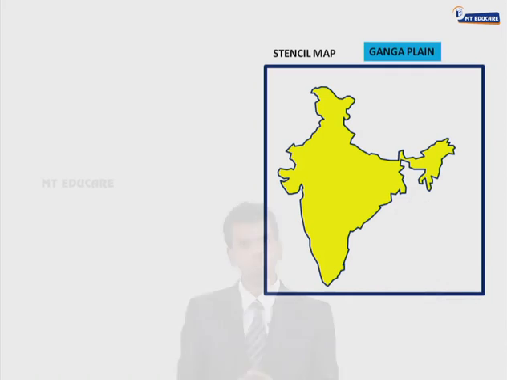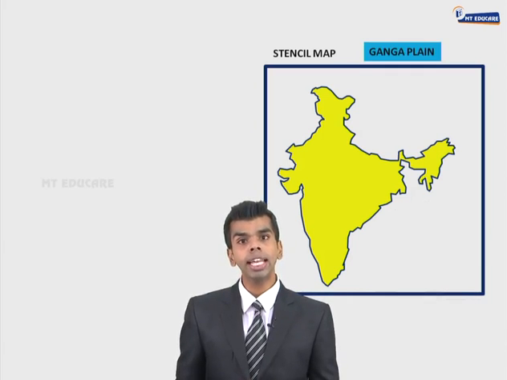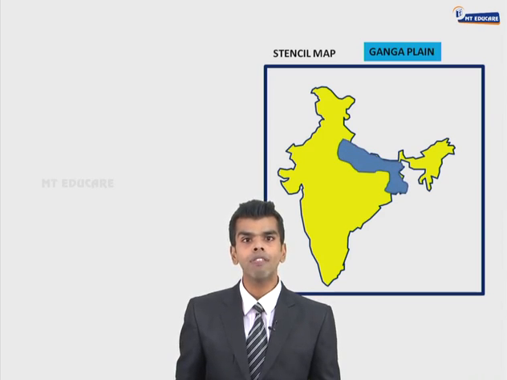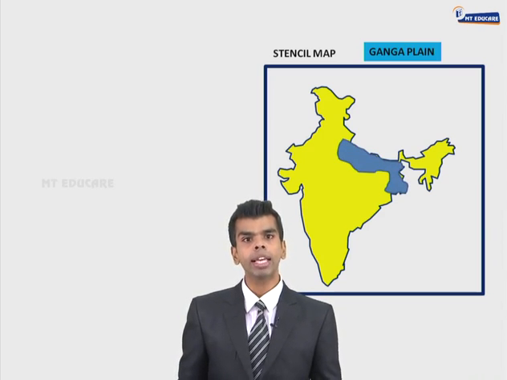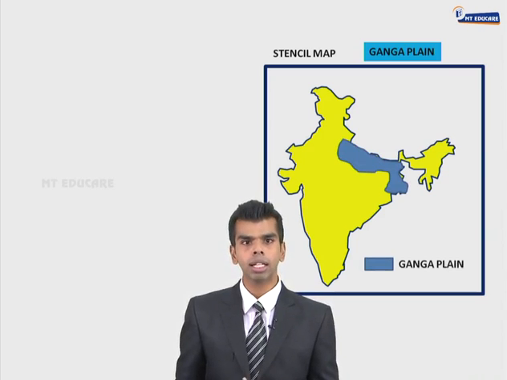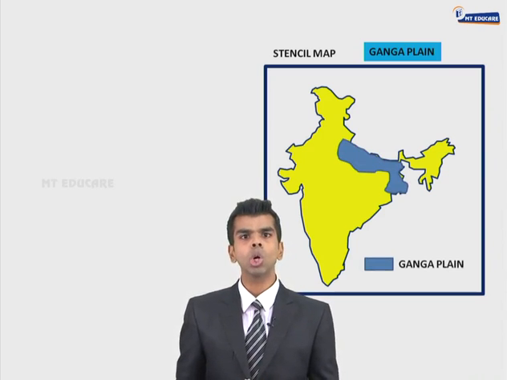Am I clear? So what you will do next is, you will show the area which covers Ganga Plain, that is the 3 states, Uttar Pradesh, Bihar and West Bengal. And also make an index, that this is the symbol of Ganga Plain. By chance, if we do not know where UP or Bihar or West Bengal is,